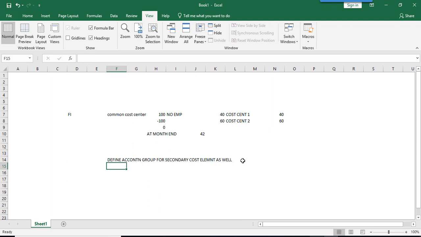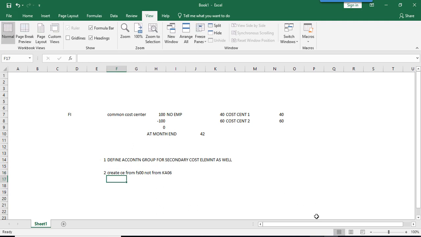In ECC, there is no need to define any account groups for secondary cost element. You can create directly, but in S/4HANA, the first step is to create the account group. The second step is to create cost elements from FS00, not from KA06.